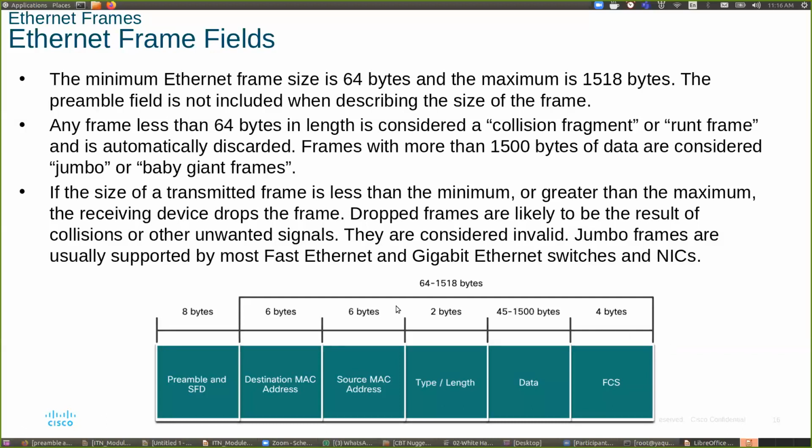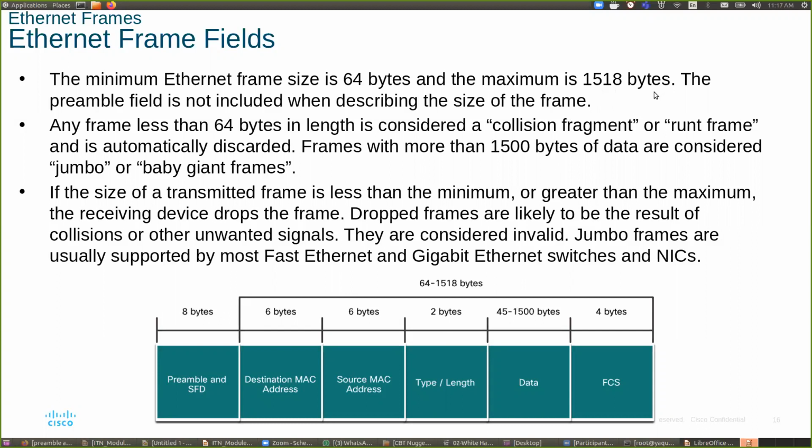This is the normal range for an Ethernet frame, starting from source and destination. That's the normal range. The preamble here, or the SFD, is responsible for synchronization, or to show you the start of a new frame, like it indicates the beginning of a new frame. So normally the minimum size of the frame will be 64 bytes, but the maximum size of the frame is going to be